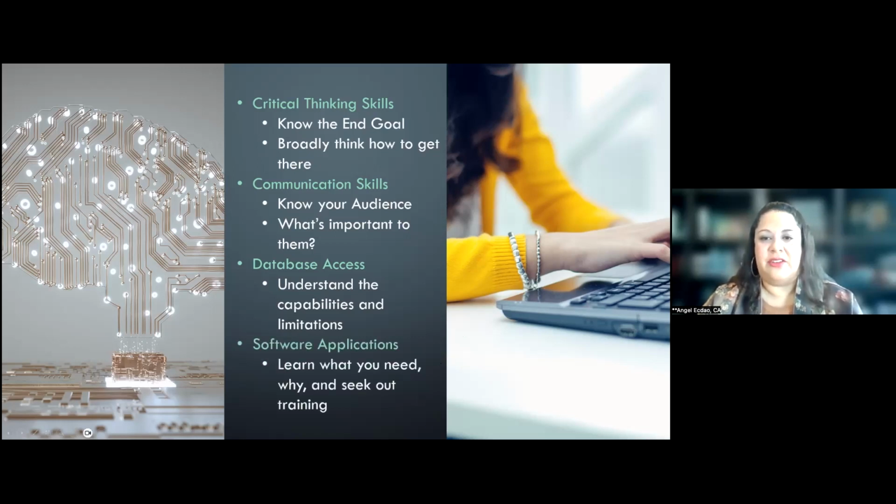Software applications are also important. Yes, we use a lot of Microsoft products in our work, but there are other tools out there that definitely help in this process, especially in this day and age with a lot of the data that's out there with regards to cell phones, social media, and so forth. I think it's important to learn what you need, why you need it, and once you get it, making sure that you're seeking out training so that you fully know how to utilize the tools